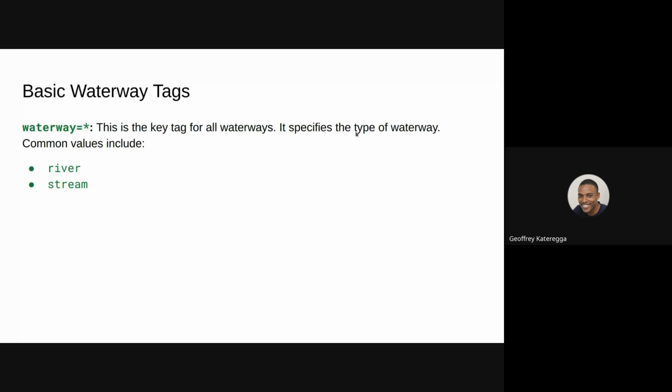So I'm going to talk briefly about the basic waterways or tags that we use for waterways, and I'm going to focus on natural waterways for the start, because we have some waterways that are artificial, but also some that are natural. So starting with rivers and streams.